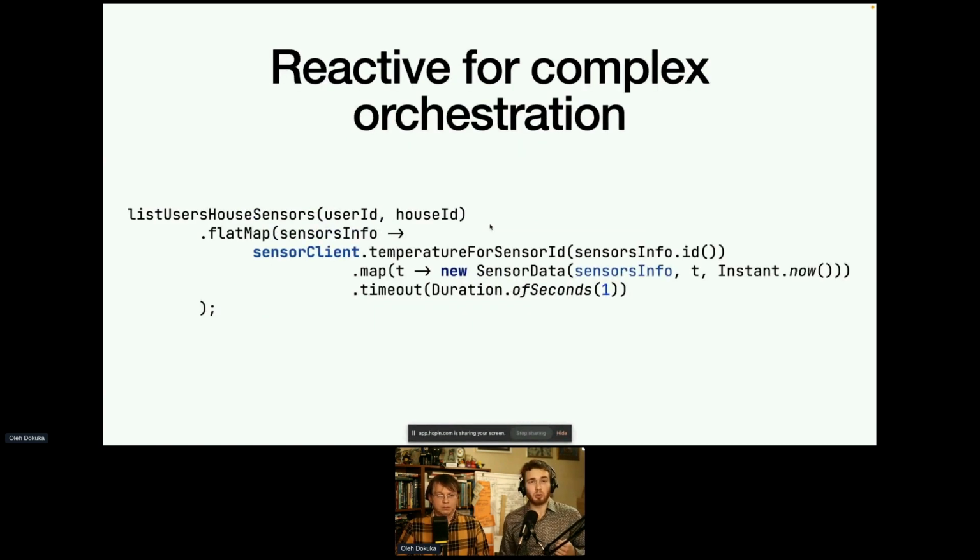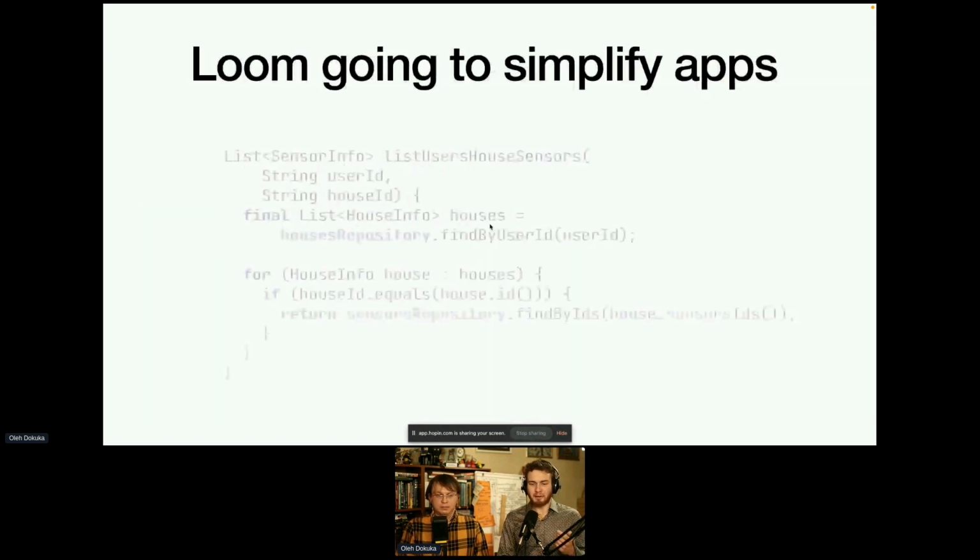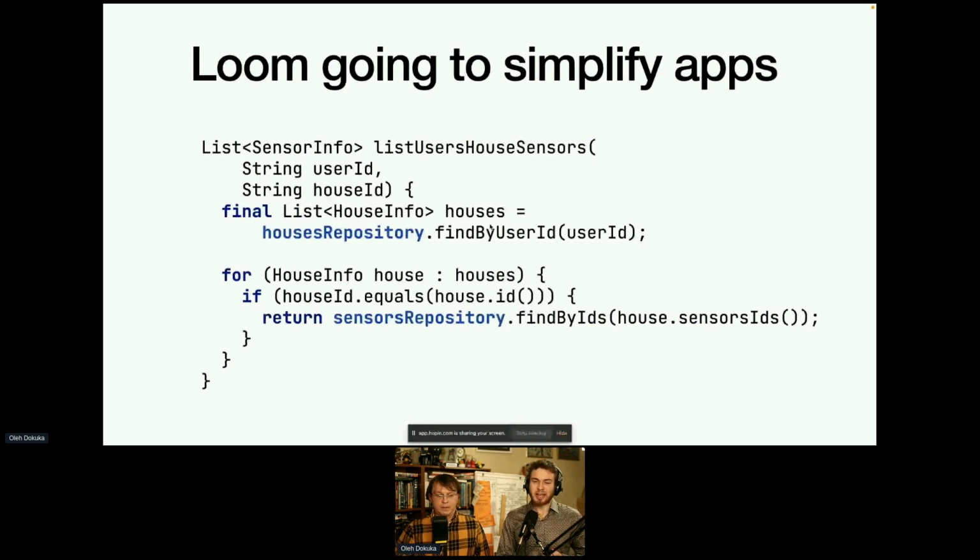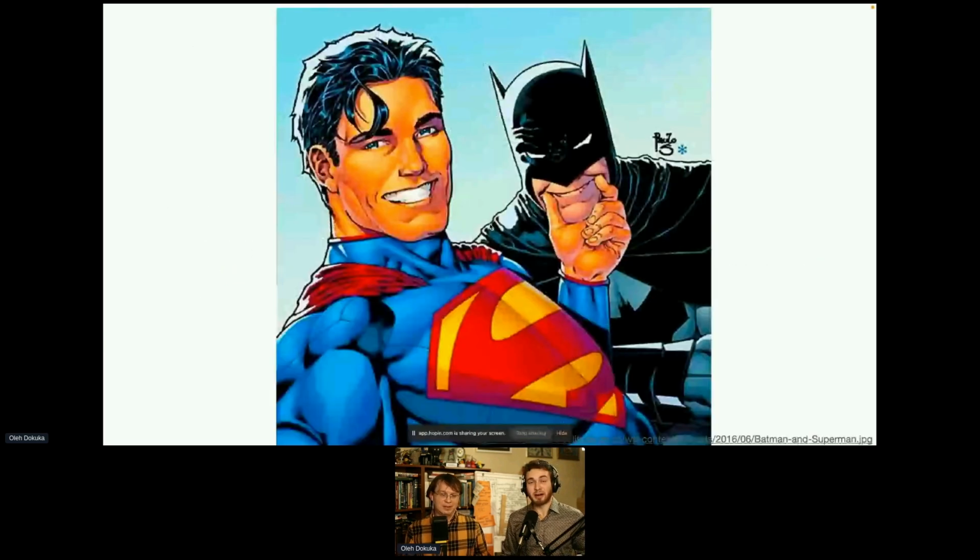While in cases, simple or not, where we have to do multiple calls, where we have to do streaming, where we have to manipulate so many I/O endpoints, reactive is going to be the best choice since it has a great API, a great set of operators, and tools for solving this type of problems. So I really suggest using reactive where you have these scenarios and using Loom where you have those scenarios. With that, we can just say that Loom and reactive are friends, and thank you for your attention.